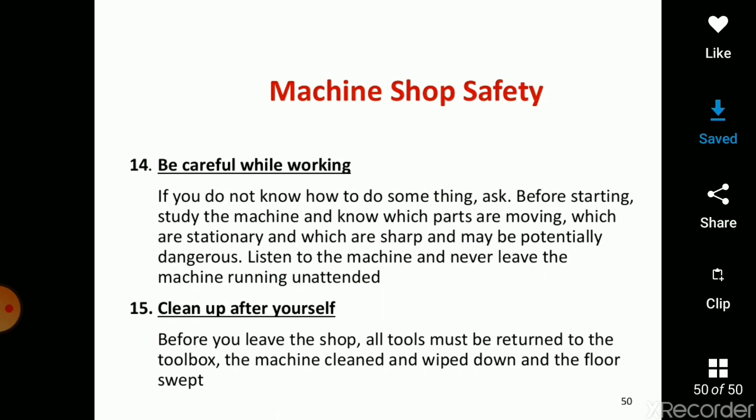Study the machine and know which parts are moving, which are stationary, and which are sharp and may be potentially dangerous. Listen to the machine and never leave the machine running unattended. Clean up after yourself. Before you leave the shop, all tools must be returned to the